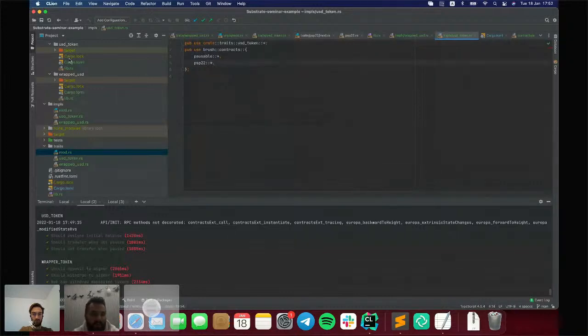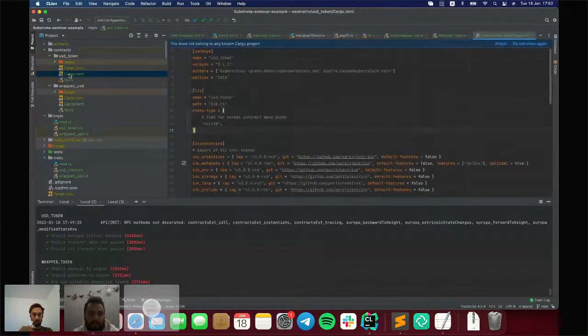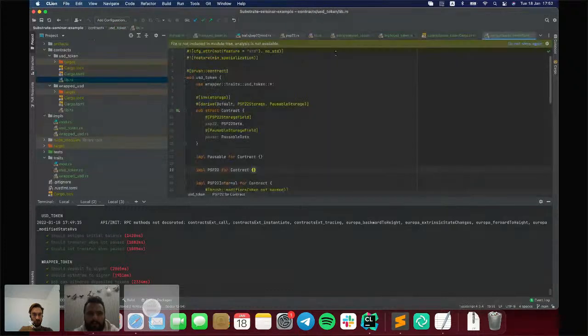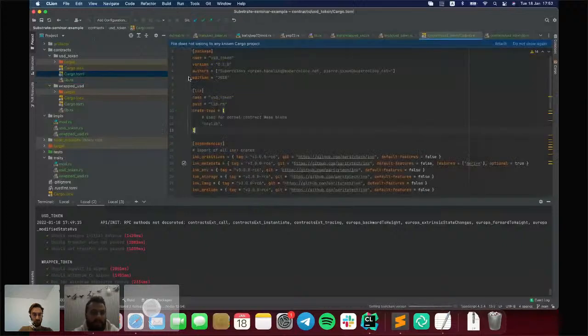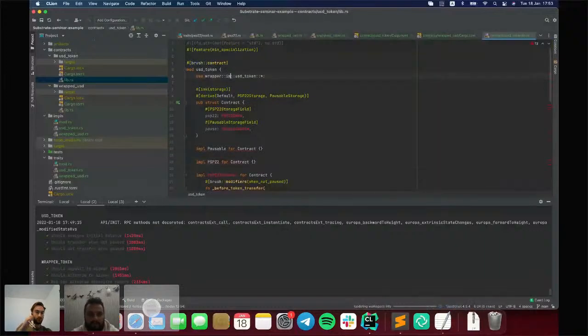So now we will import... why is it not included? It should be included here. Oh, okay, it's not included, I don't know why. And now here we need to do something like this.